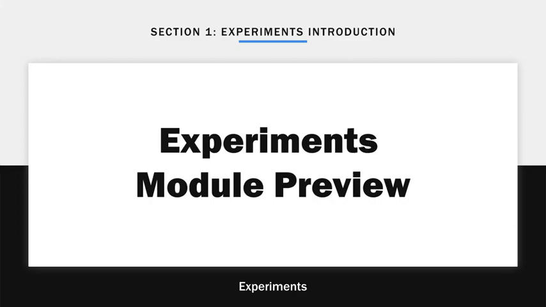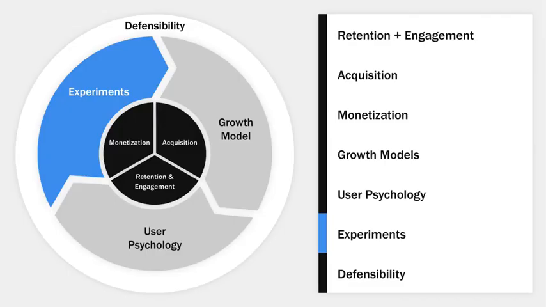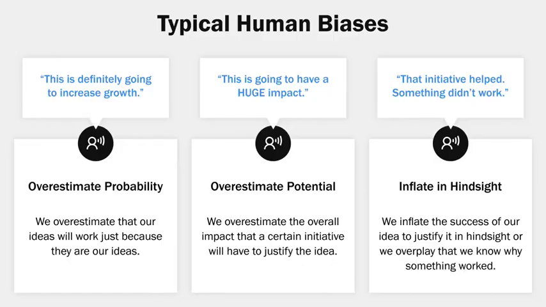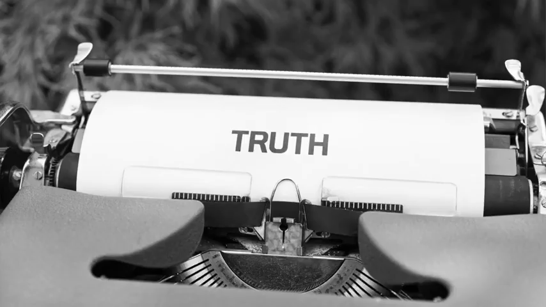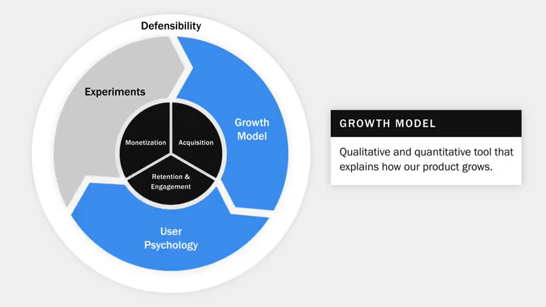In this module, we're going to be diving deep on the third part of our growth process, experiments. In the last lesson, we talked a little bit about why experiments are so important. The first thing is that they help us avoid the typical human biases of overestimating the probability of something being successful, then overestimating its potential, and then inflating its success in hindsight. In other words, experiments help us get to the truth behind our growth model and our user psychology map,